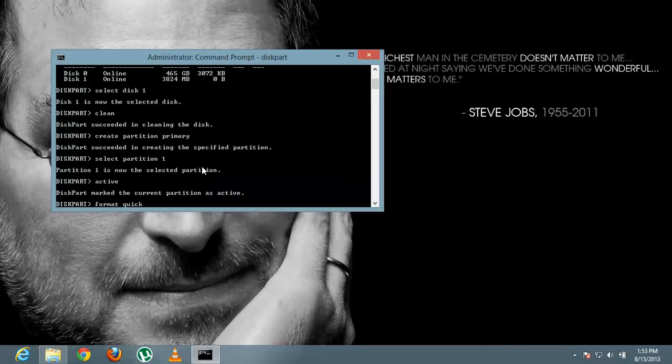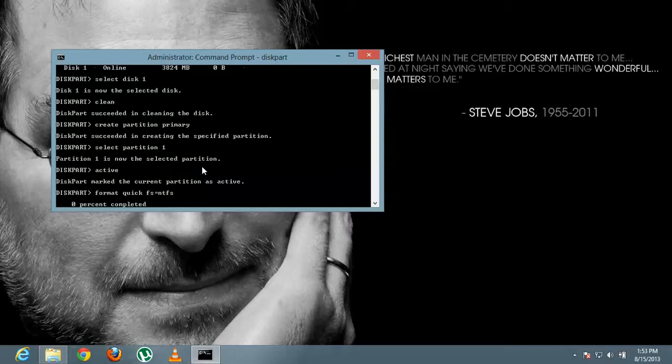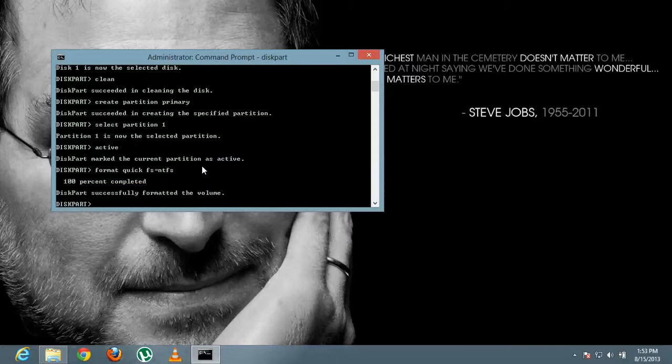It will only take half a minute if you write quick. If you don't write quick, it will take much more time. So format fs=NTFS quick, and see, it will take only around 30 seconds. Now DiskPart successfully formatted the volume.